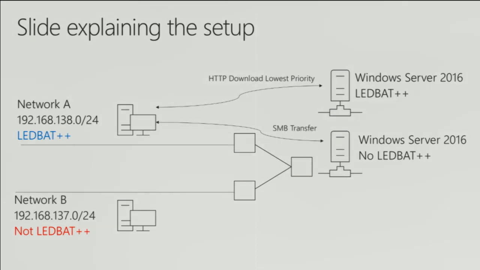Then we're going to do an SMB transfer, basically copy a file from another server that's not LEDBAT enabled to my client. I could have done an HTTP transfer from the same server, but on a different port, depending on the context. What's going to happen is that my HTTP transfer is going to back completely down, and I'm going to try to visualize what the server is actually doing with this. Does that make sense?